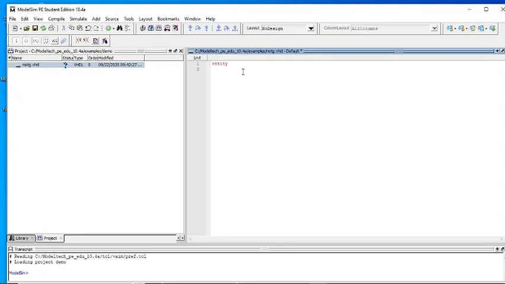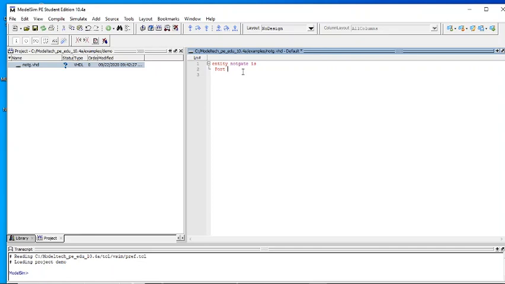Entity is followed by the name of the entity. Let me name the entity NOT gate. IS is the keyword. Port is the keyword for declaring the input and output ports of the hardware module.